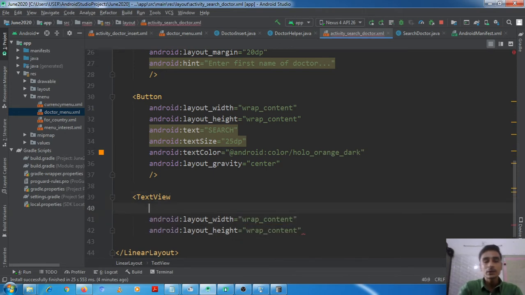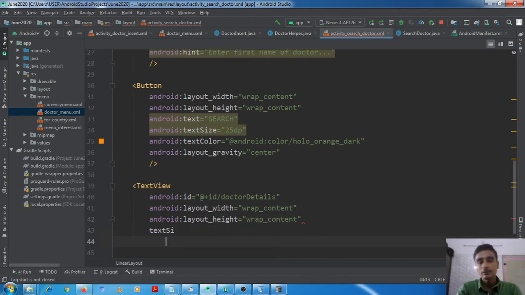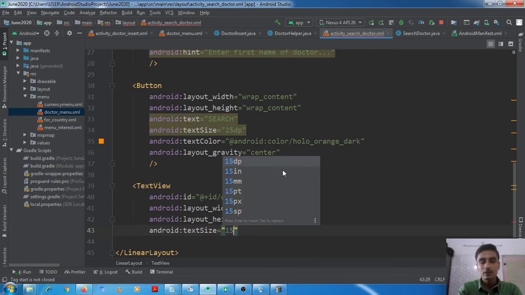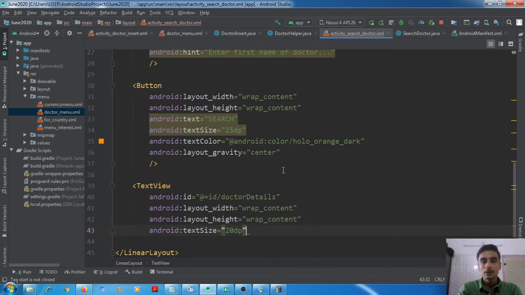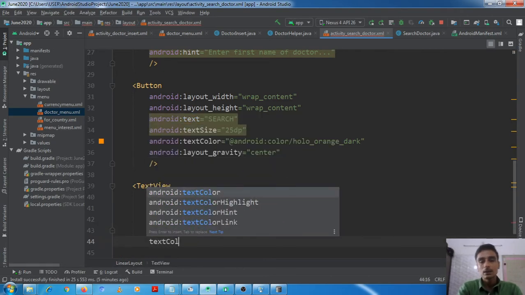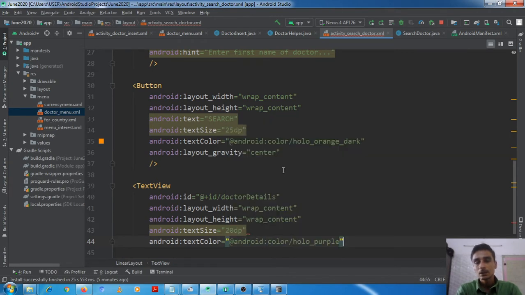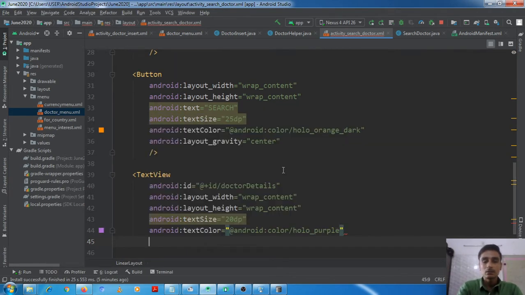We should also set its ID, doctor details. Okay, text size we should set as 20 dp, then text color as some color, and margin, yes, margin should be there 20 dp.